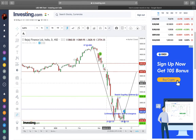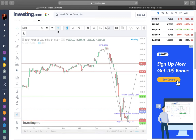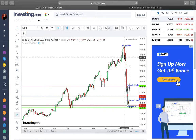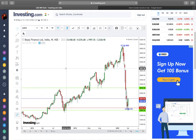So yeah, just to get a sense of how Bajaj Finance is for those who are not tracking or are new to the market, if you want to have a look at the historic trends, I'll just remove these lines to make it look aesthetic. So here we go. Just remove all this. Yeah, so when we have a look at the weekly chart,